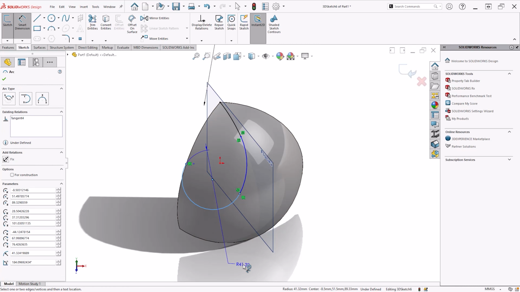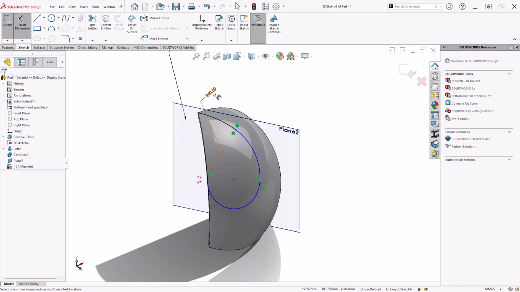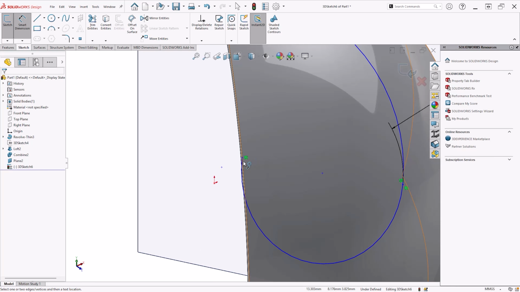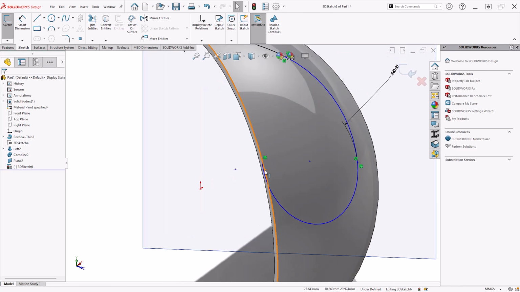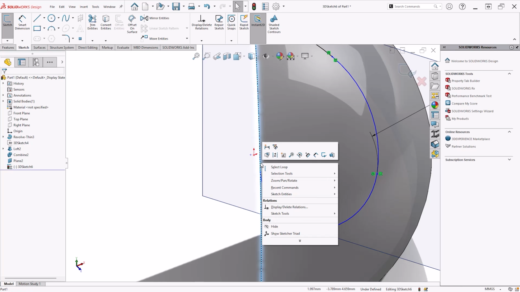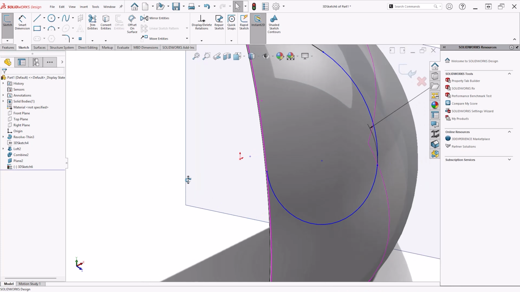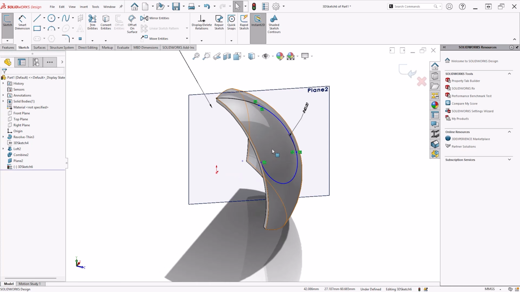Let's throw in another dimension. Hopefully it'll be kind to me as I place that on. So yeah, we've got our 40 mil and we've got this coming in here. Now, what I want it to do is line up with the midpoint, but it doesn't want to just select that midpoint here, unfortunately. Sometimes you see select midpoint and so on in there. So what can we do?